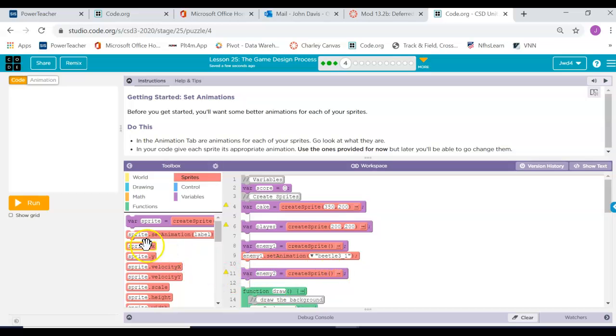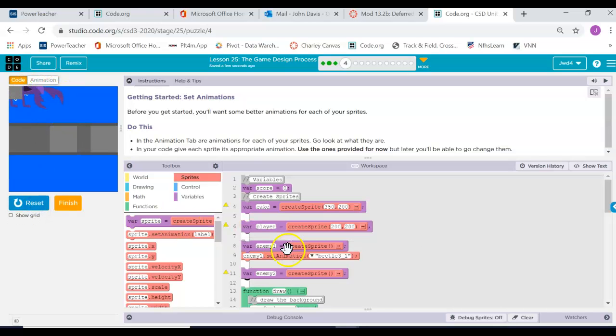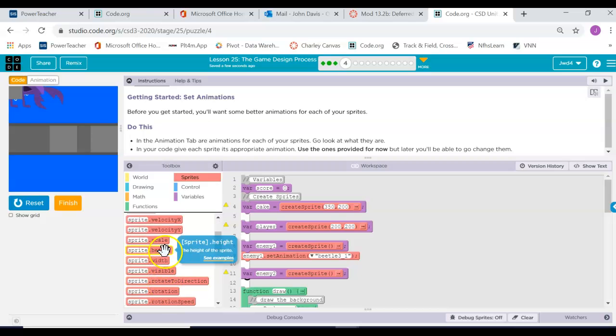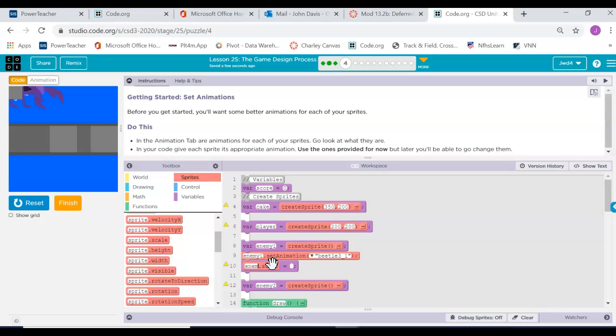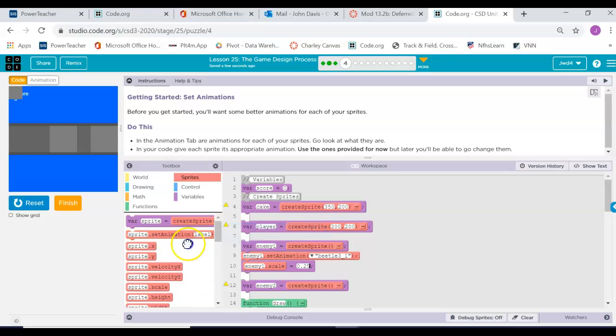Then if we hit reset and run, see how big he is up here? So we're going to have to do the scale. We're going to come in here and go enemy 1 scale. We're going to do a 0.25, make it 1/4 of its size. And just see how big it is. Let's pull in a set animation for enemy 2,